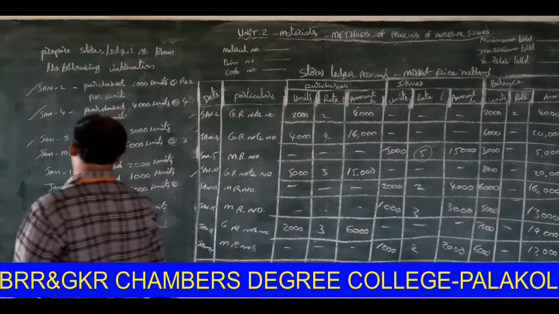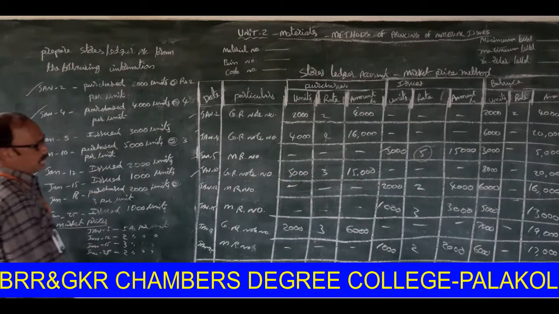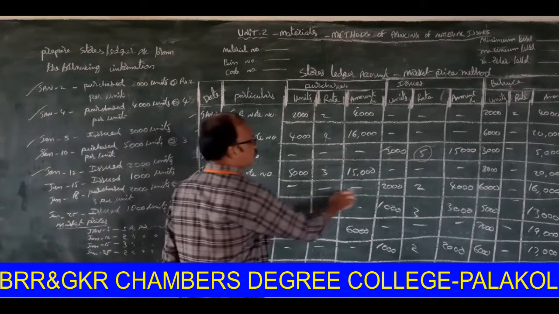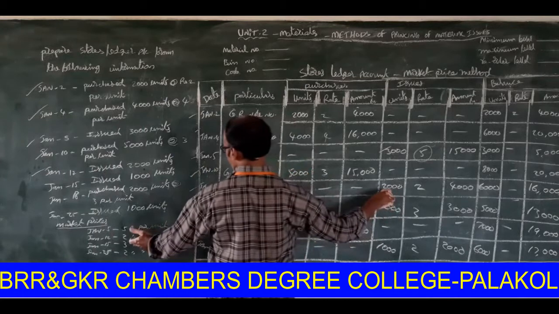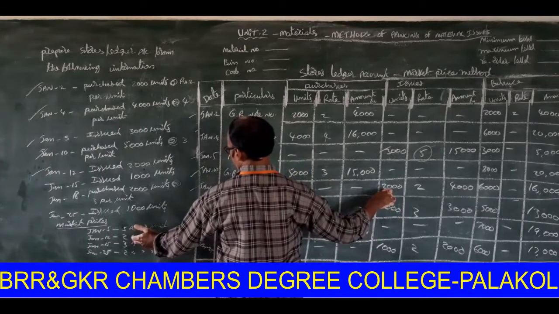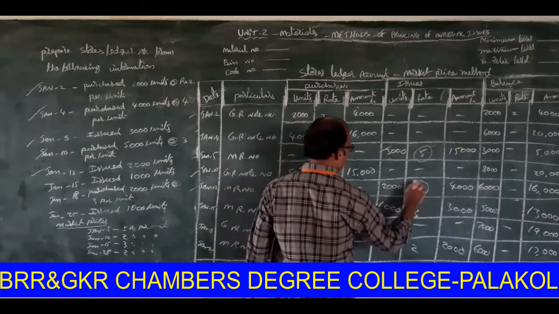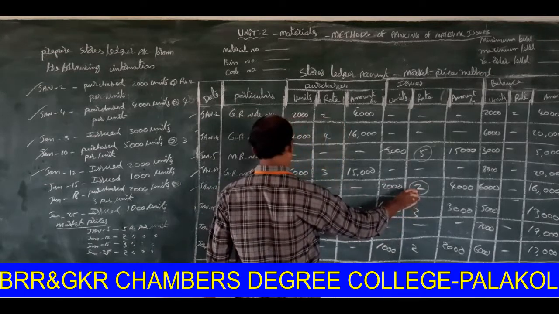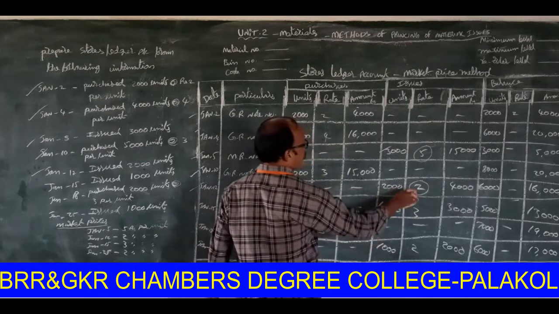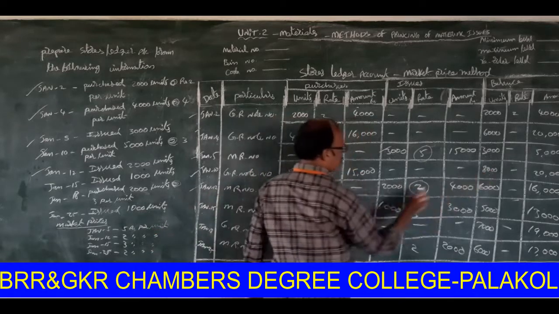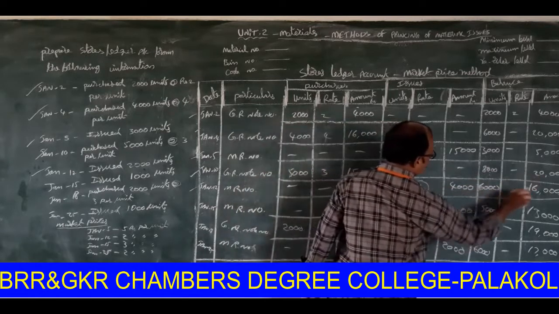Right. Next one. January 12th. Issued 2,000 units. MR note number. The market price on January 12th is 2 rupees per unit. The market price is to be considered here. 2,000 into 2, 4,000. 8,000 minus 2,000, 6,000. 20,000 minus 4,000, 16,000.